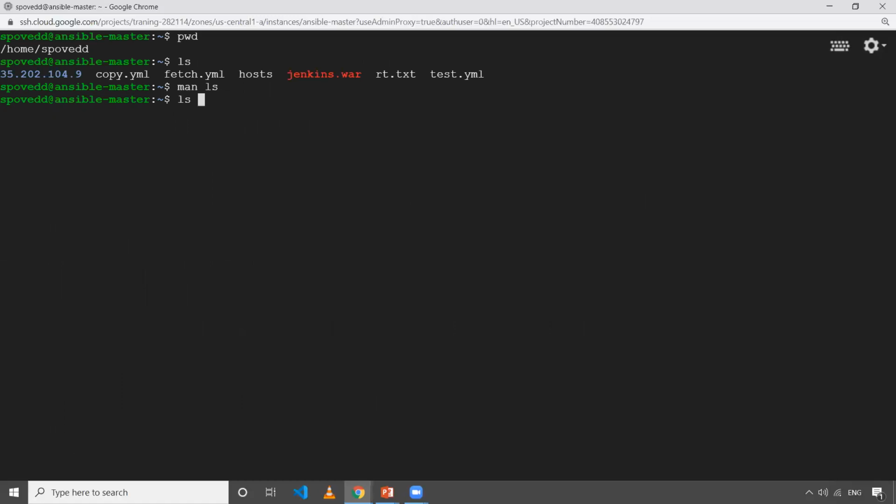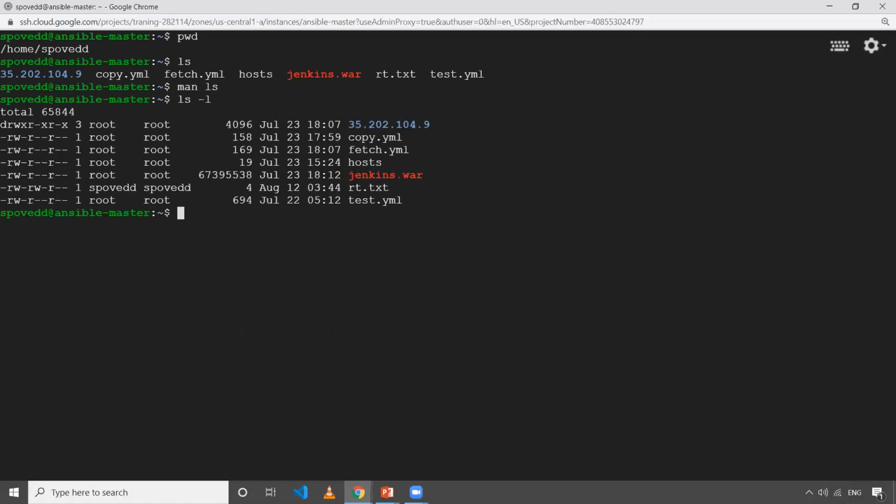The first one is ls -l, which gives 7 attributes of your file. The first character in this line shows whether it's a directory or a regular file. If it is d, then it's a directory. If it is a dash, then it's considered a regular file. And then the next things are permissions on the file. These permissions we are going to discuss in coming videos. As of now, these are the permissions on a particular file or directory.